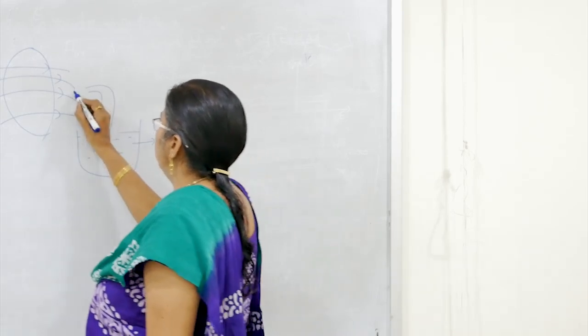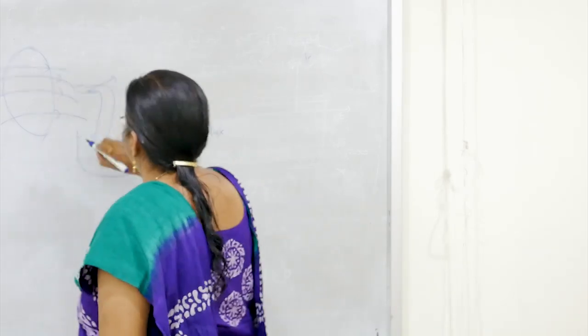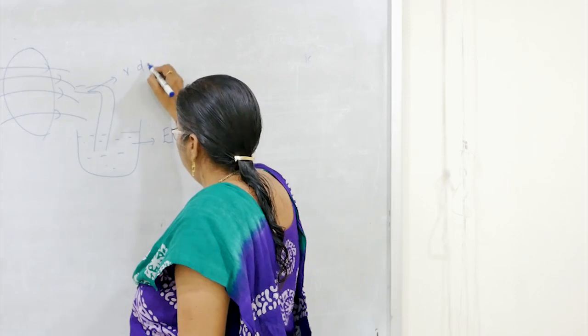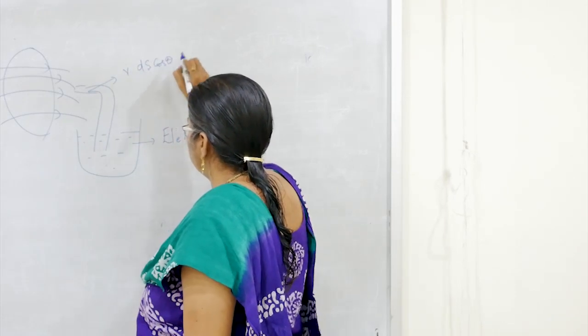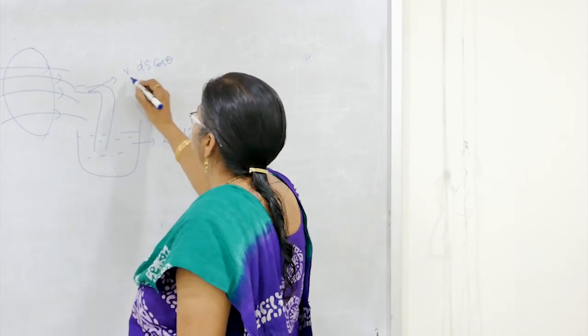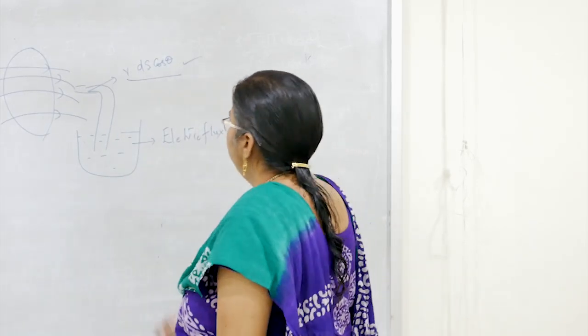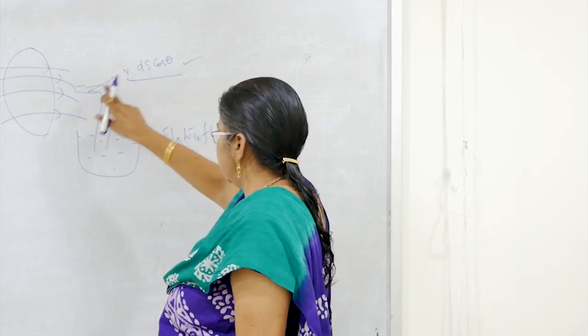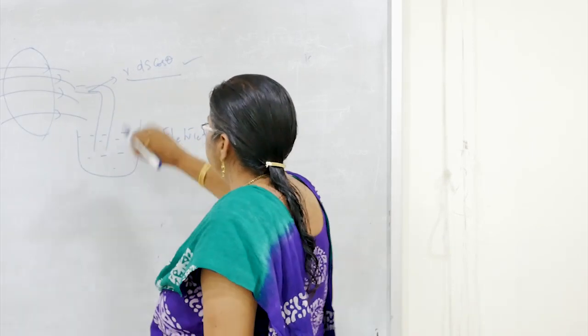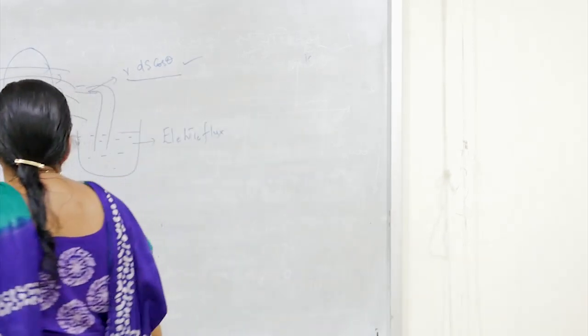And here in place of A cos theta you can take V ds into cos theta. So similarly it is like this. So this is the electric flux. So V is the velocity of water, A s is the surface area, and theta is the angle it makes. So this can be taken like this, that